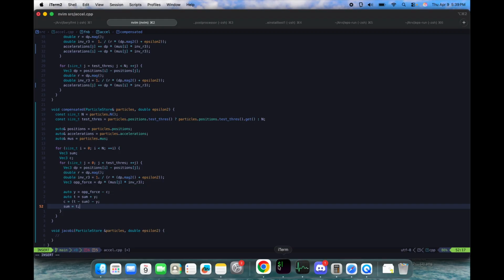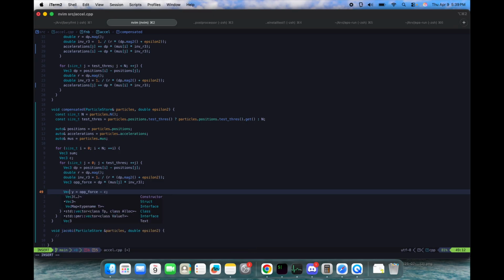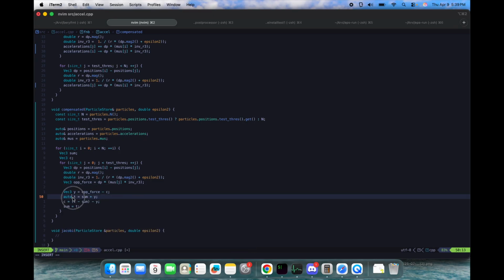Sum equals t. Vec3, and I don't think there are any errors now. Okay, now that math has been done,